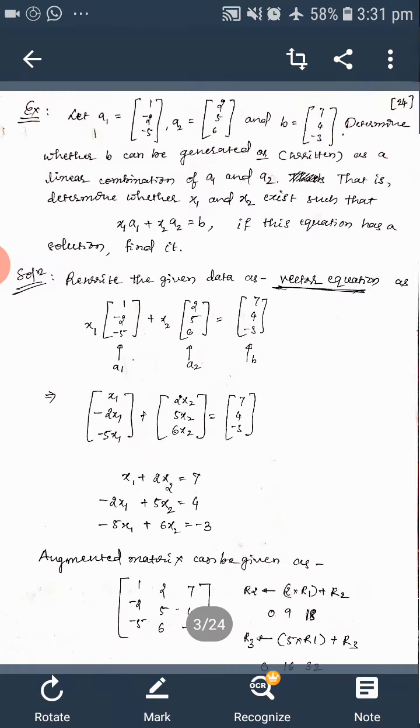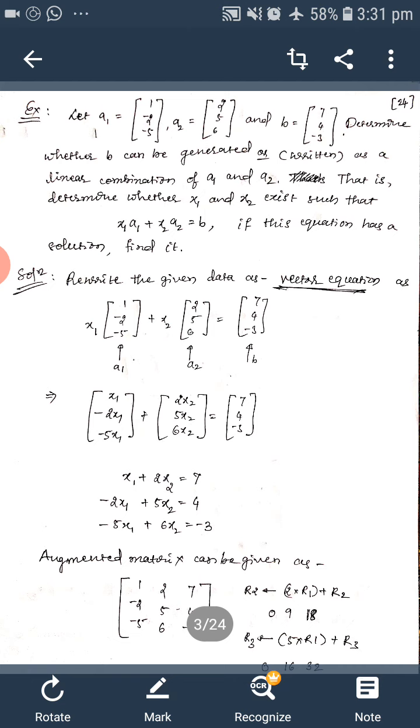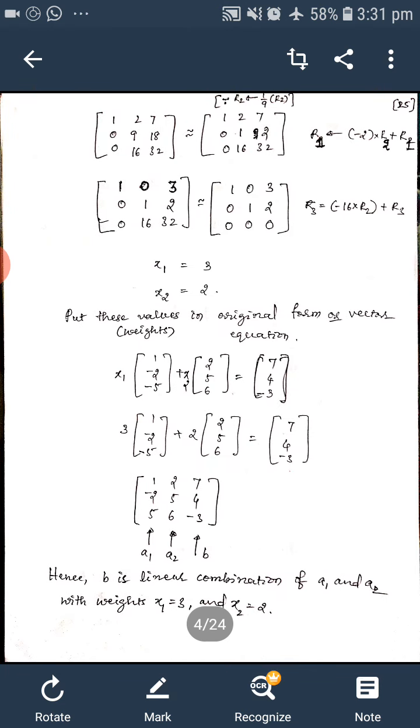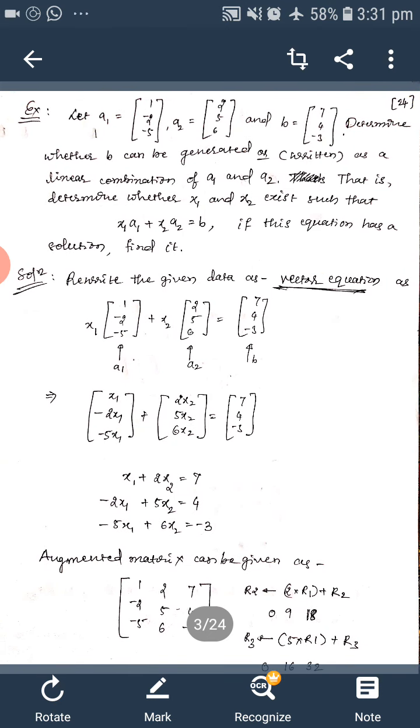As explained before, we need to apply the row operations. After doing the operations, the first one we have done is multiplying the first row by 2 and adding it to row 2. As I said, the non-zero row should be at the top.